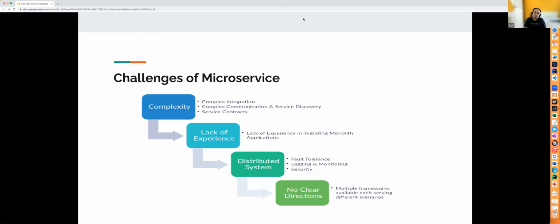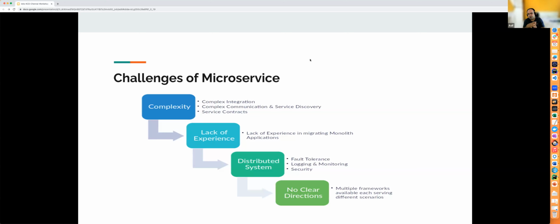They need to discover each other and they need to communicate. And the third important thing was the service contracts. All of these microservices were communicating with each other using some APIs. So these APIs have to be a proper contract saying that, okay, this is my microservice and I will be exposing these APIs. So if you want to connect and get my services, you have to call these APIs, right? So that was one of the complexities earlier when microservices came up. Slowly, that has been removed by following well-defined APIs and everything.